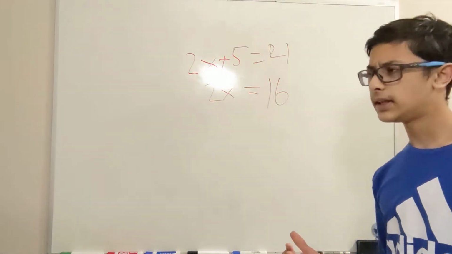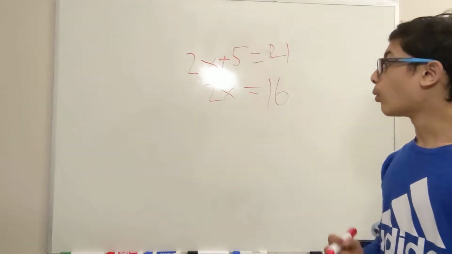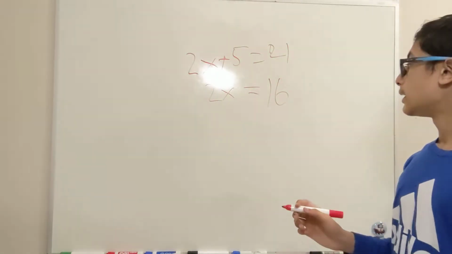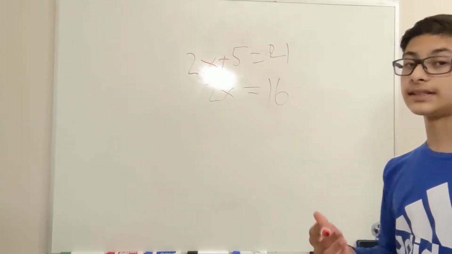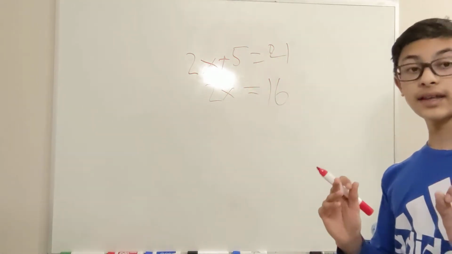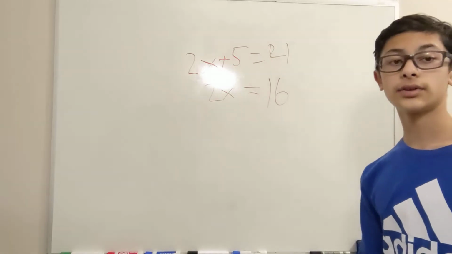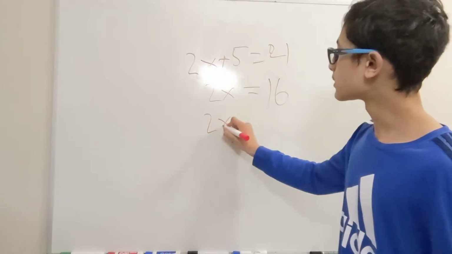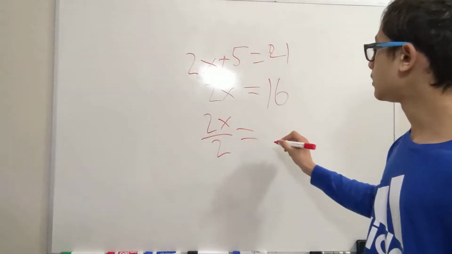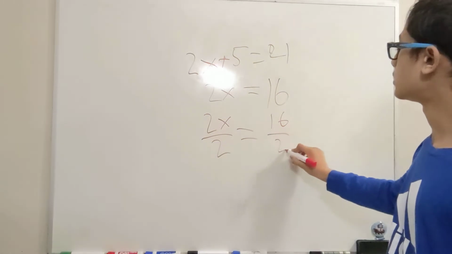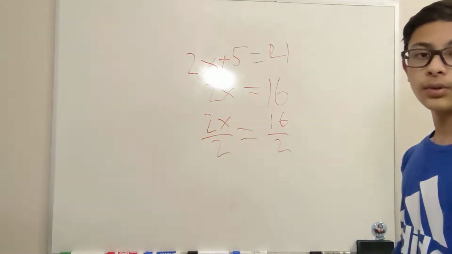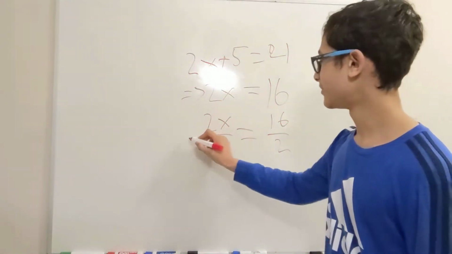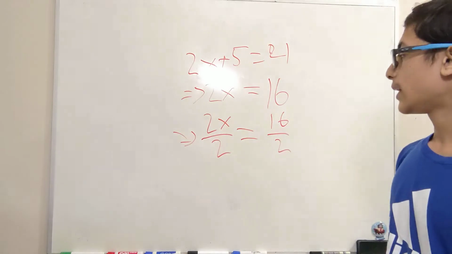Can you guys think of how you might solve this? Well, another cool thing about linear equations, and equations in general, is you can divide or multiply both sides by the same thing, and it'll still remain equal. So, if we divide by 2, what do we get? 2x divided by 2 equals 16 divided by 2. So, 2x divided by 2 is basically equal to, I'll put our implied signs in, 2x by 2